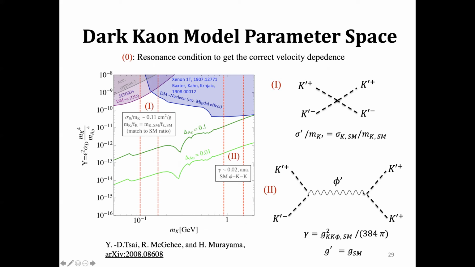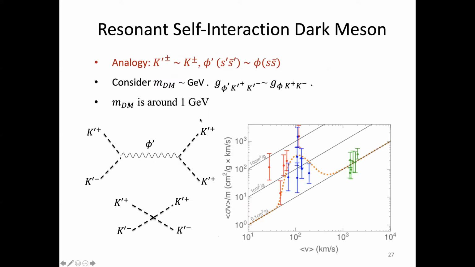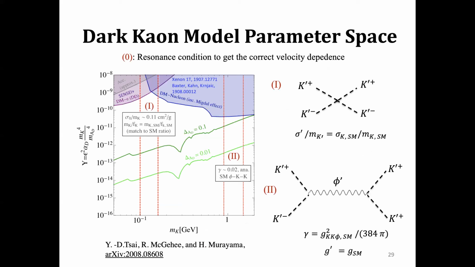So actually these 2 processes fix the preferred parameter to different locations. If you fix the standard model for kaon based on the fit to this figure, it will point you to this lower mass situation. And if you fix the kaons to resonance situation, it will bring you